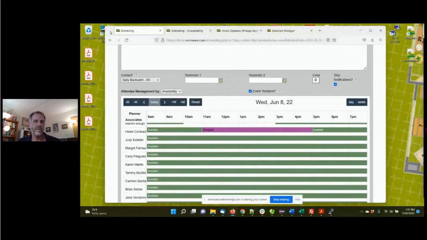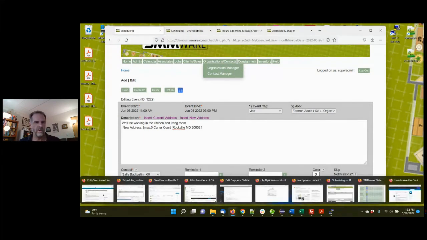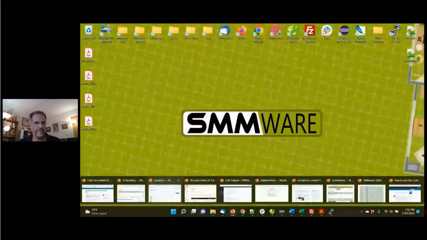We work with Mailchimp, which is a mass emailing product. So if you want to send out an email to all the people you know in real estate, once it's set up, SMMware will copy over contacts from the contact section here to Mailchimp, and they will be tagged based on the category they're in. So if they're under Realtor here in the Contact Manager, then under Mailchimp, they will